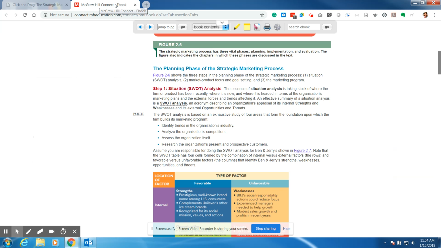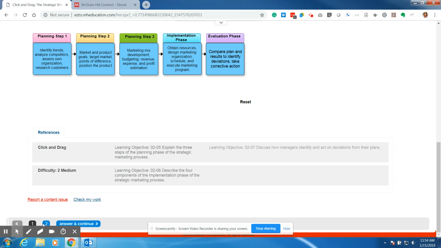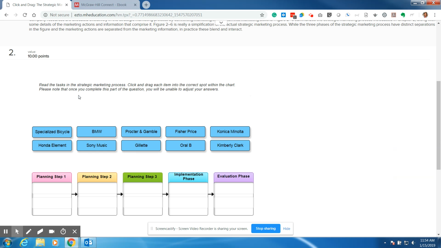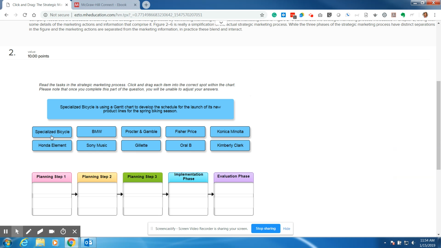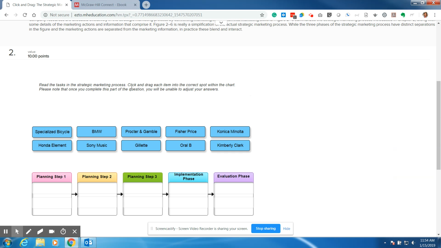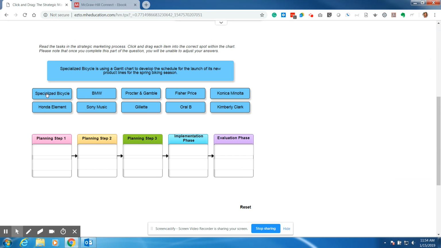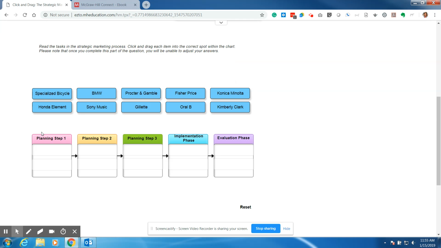Now, secondly, you had to complete the second assignment, number 2, which is for you to read the task in the strategic marketing process, which I just identified where you can find those, and you click and drag each item into the correct spot within the chart. So what this is asking you to do is to look at what these companies, which step these companies are in. For example,